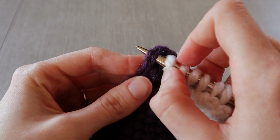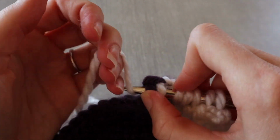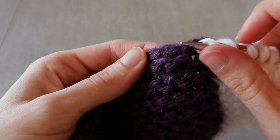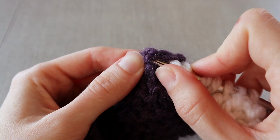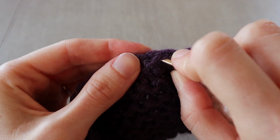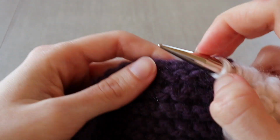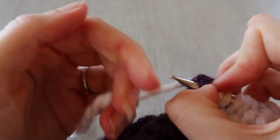You can see here's the next loop. There we go. And then both legs, not just one, but both legs of the next loop. And you'll keep going to the end of the row, and then again knit that panel as long as you